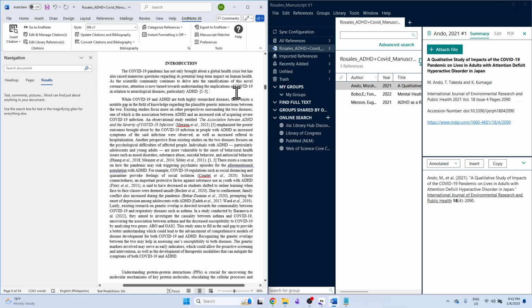Okay, so for example, actually, earlier in the first part, the instant formatting was turned on. So whenever you would drag new references, it would immediately assume the layout of whatever style you have indicated. But you will find that as you are adding more and more references, it will lead to lagging and hanging of your computer. So what I usually do is I turn the instant formatting off.